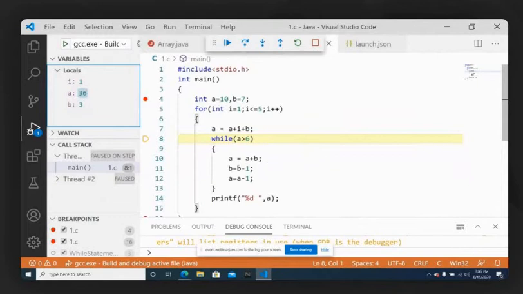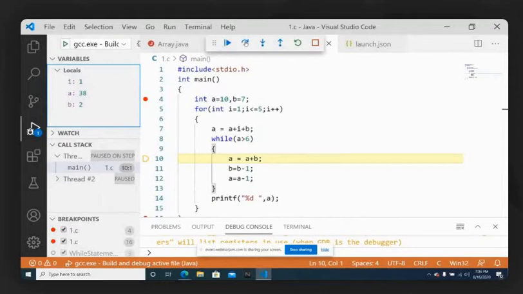Okay, so A equal to A plus B, B equal to B minus 1, A equal to A minus 1. Again we will execute all these three. So I'm not going to repeat again. I will show you. See, just look at this left section on variables. You just keep track of all the variables now. Okay, we will keep track of it. B equal to B minus 1, A equal to A minus 1. You can see every line executed. What is the change happening here? You just look at it.